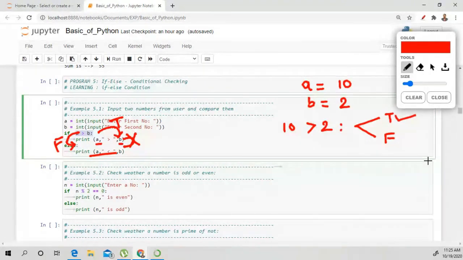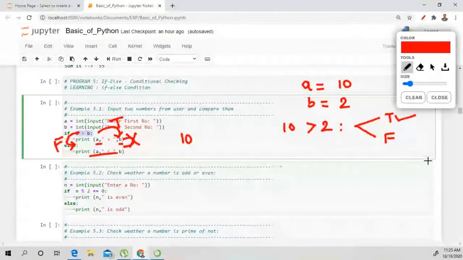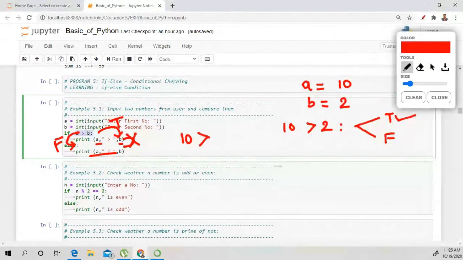It will display right here the values. Okay, so a holds the value 10, and inside the inverted commas anything you can write, it will display as it is. Okay, so that's why it displays 10 greater than the value of variable b, 2.